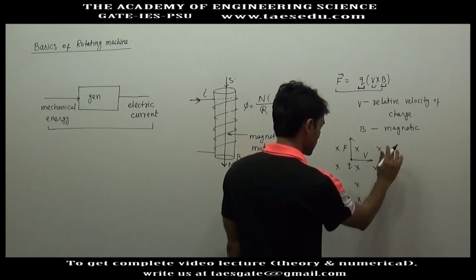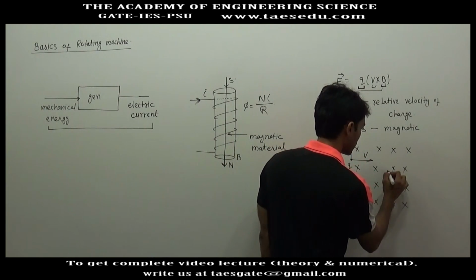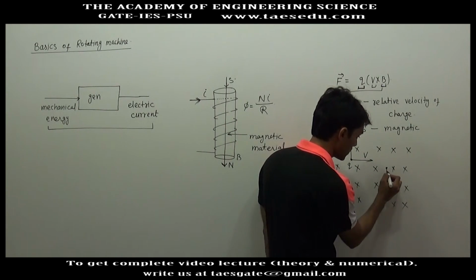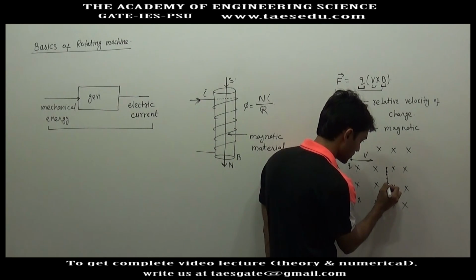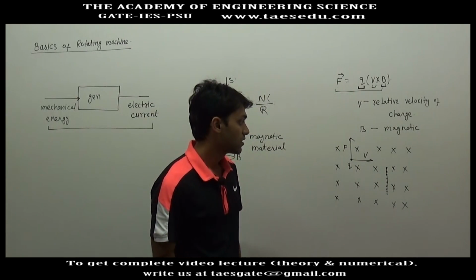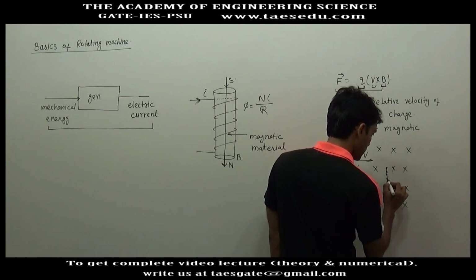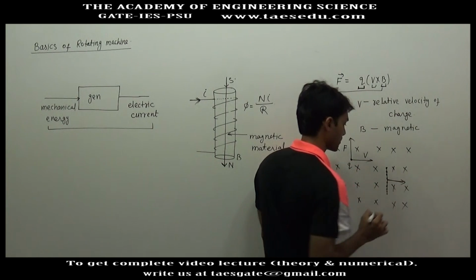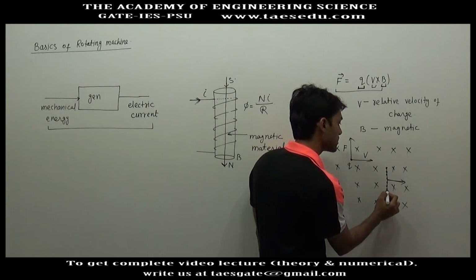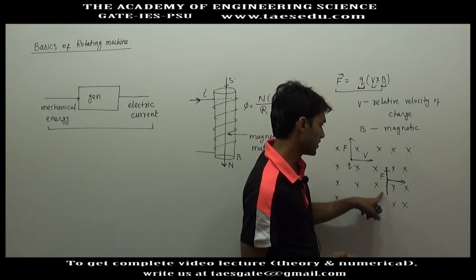So similarly, if this is the magnetic field, and you have a conductor here, this conductor will contain a large amount of free charges. Let's say these are positive charges, although in a conductor there are free electrons. If the conductor is given a velocity in the right direction, V will be in the right direction, B is inside, so all these charges will experience a force in upward direction, and if the circuit is completed, there will be a current.